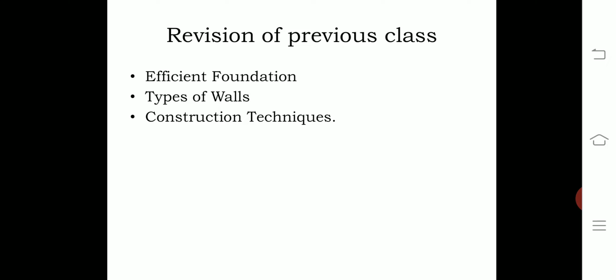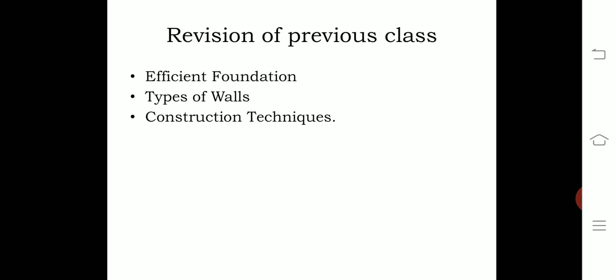We also studied cast in situ RC walls and rammed earth walls. In construction techniques, we dealt with masonry bonding, especially hollow concrete block wall with stretcher bond, and header bond with stabilized mud blocks. We also discussed the rat trap bond, which is famous in Kerala nowadays, wherein it reduces almost around 25% of the bricks. And we discussed composite masonry, wherein different materials are used, and to make up the stretch, we use through stones.